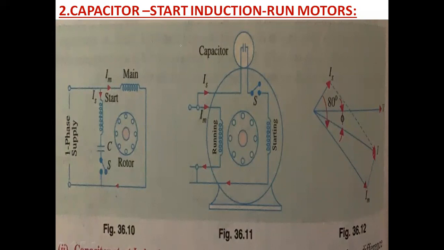The capacitor is generally of electrolytic type and it is usually mounted on the outside of the motor as a separate unit, like this. As a separate unit, the capacitor is installed. This capacitor, which I am showing you, is for extremely short duty service and it is guaranteed for not more than 20 periods of operation per hour, and each period should not exceed 3 seconds.